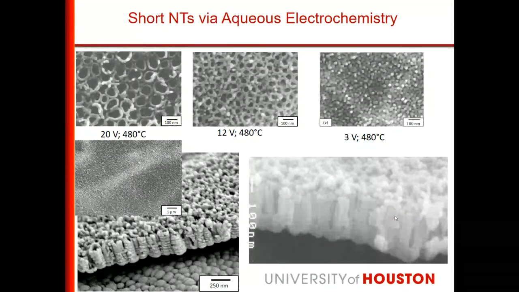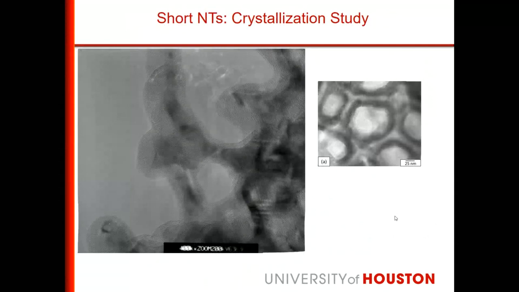From this image you can see the hollow inner region of the nanotube. Now, if we look at the transmission electron microscope, you can see what is there in the walls of the nanotubes. I don't know whether you can see clearly. You can see the crystal lattice. These nanotubes, when we prepare them, are amorphous. Amorphous means there are a lot of recombination centers, so electrons and holes can combine immediately. So we cannot use it for applications like photocatalysis or solar cells.